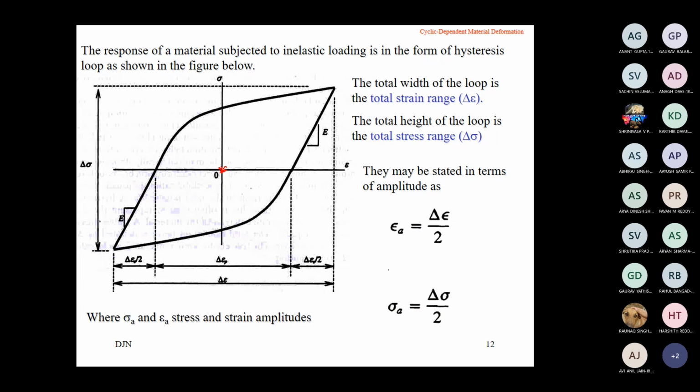Now what do you do? You have to start loading, in the same fashion as in your monotonic load. Start loading. So the red line I am drawing here is following the monotonic stress strain curve. This is your monotonic stress strain curve. First cycle: at 0, I am going to load the component till it reaches some point P.